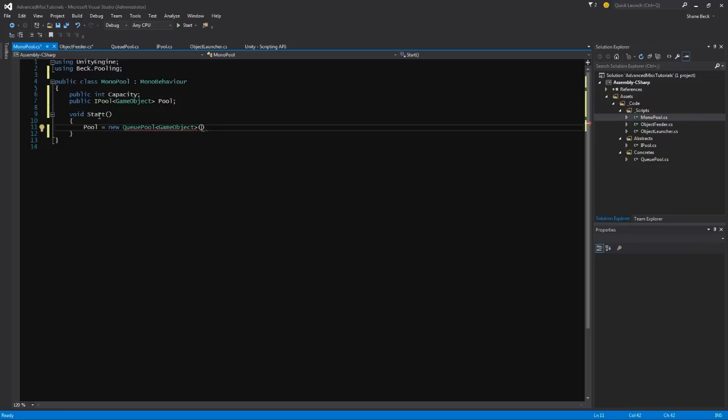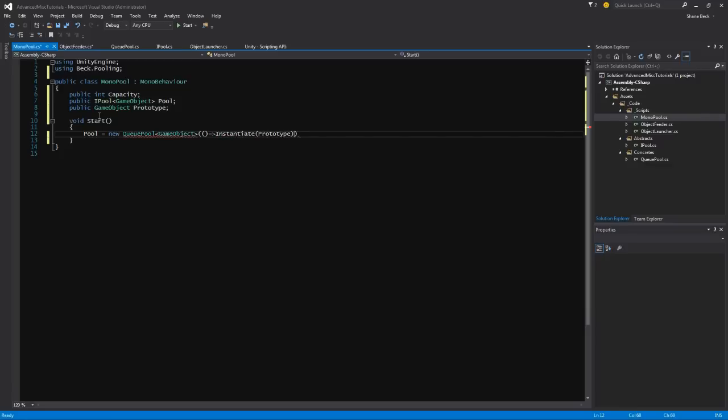and we need to pass in a factory method. So how are we going to go about doing this? Like, what does this entail? In this case, we're just going to pass in the built-in Instantiate method. Oh, we also need a prototype that we actually instantiate. Public GameObject prototype. Alright. So now as a lambda, we pass in Instantiate